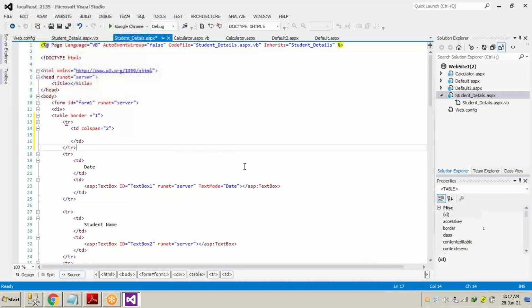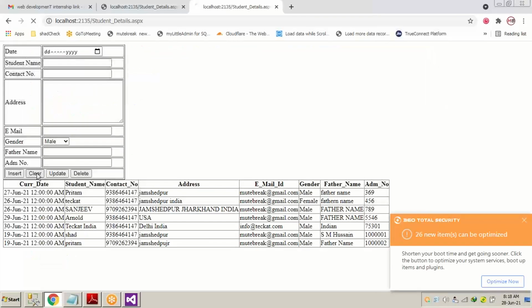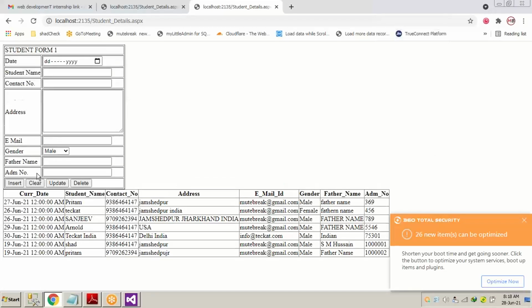Remember the same thing we did with the button TD; we do it above the date TD and write Student Form 1, or whatever name you choose. Now let's go to the form and press the clear button. You can see a label appears above with the form heading.